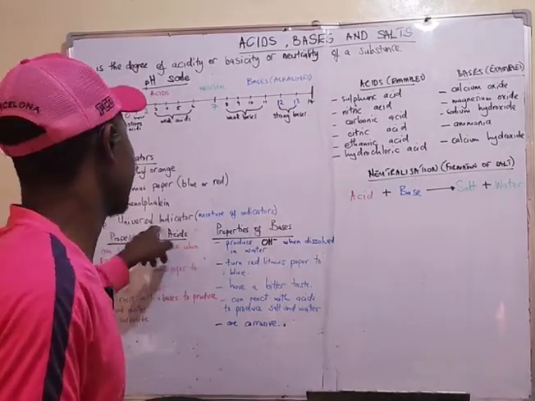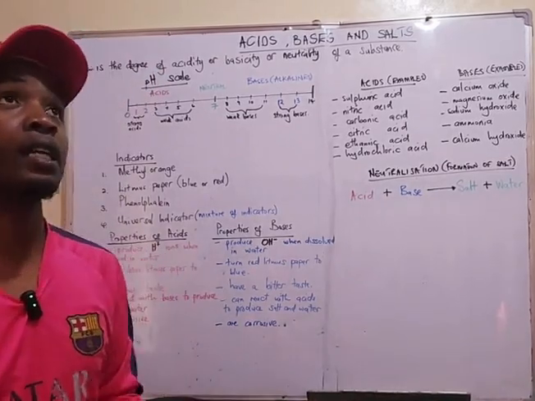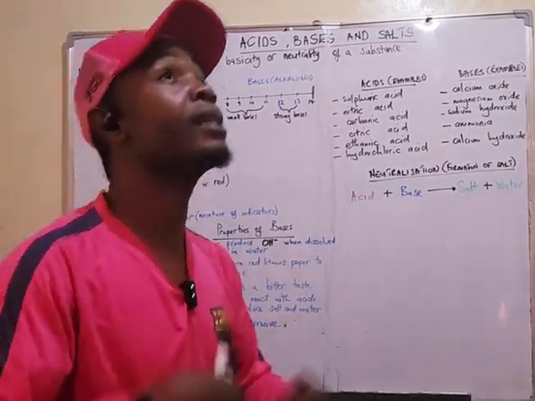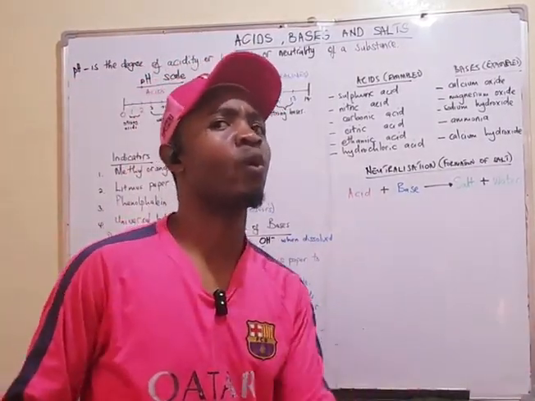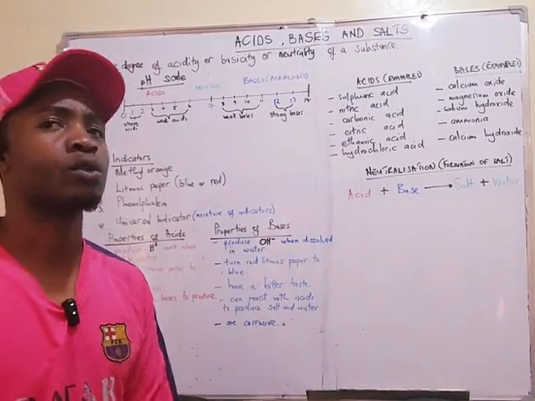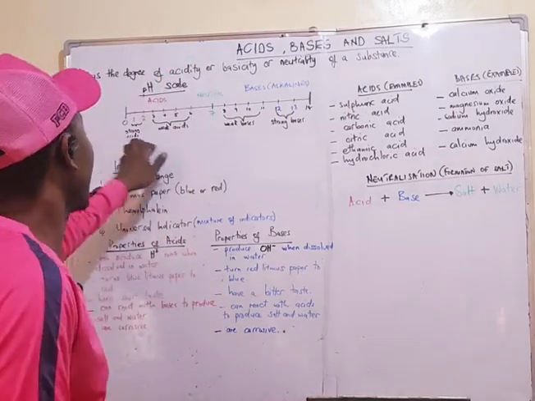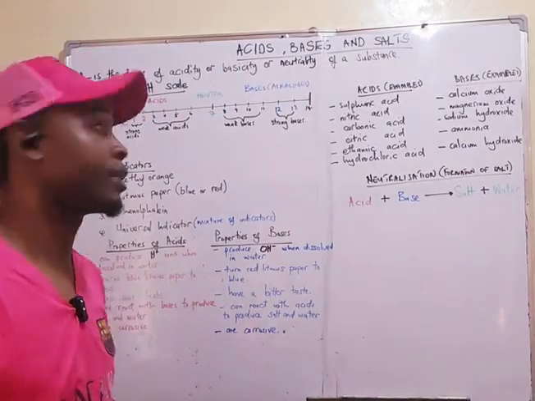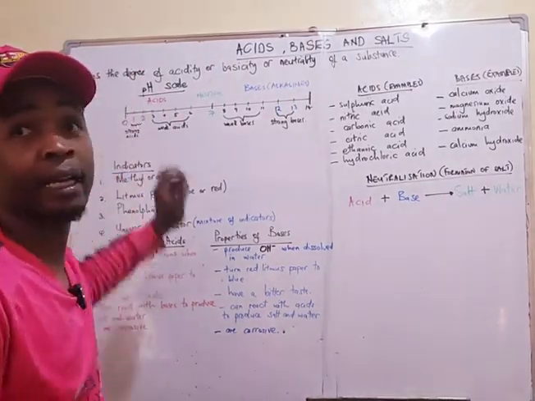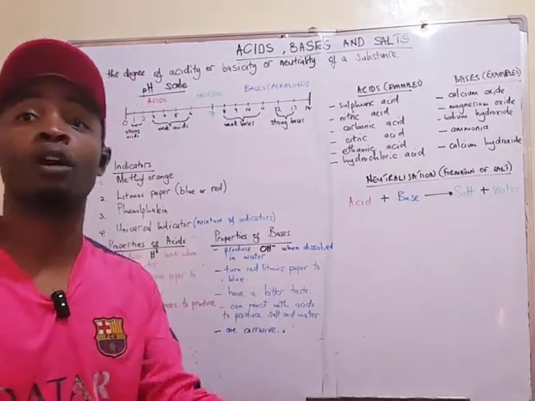Then let us look at this indicator that I have already highlighted, the universal indicator. The universal indicator makes it even easier for us to identify if a substance is a strong or a weak base, or a strong or a weak acid, more like that. Get the sense? When we add this indicator to a strong acid, it will turn a red color. So a red color will represent, in a universal indicator or a mixture of indicators,